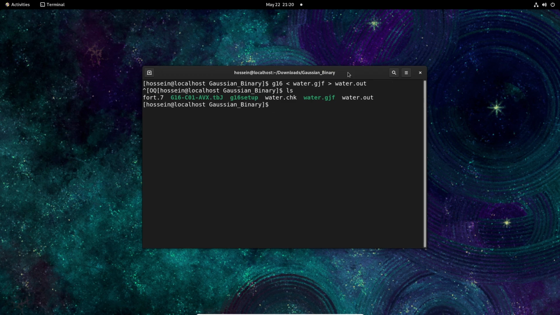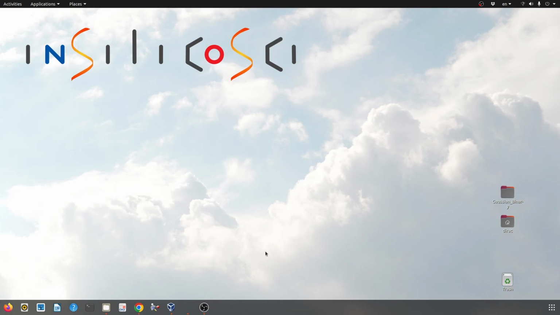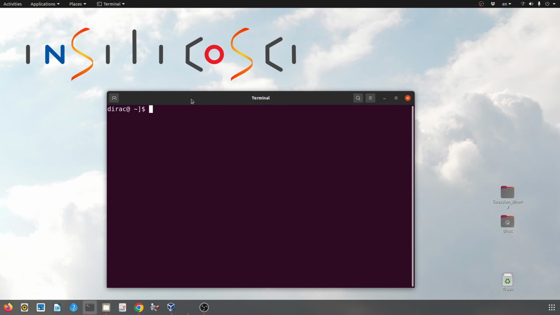Okay, let's move on to the last part, installing Gaussian on a multi-user system. Actually, we can do this in any Linux distribution, but for now let's come back to Ubuntu. Here we already installed Gaussian on a user, and if you use my instruction, installing Gaussian on other users is very simple, because we already have the Gaussian binary in the right place and we have set up the right permissions for them, and also we have a viable setup file in its place.